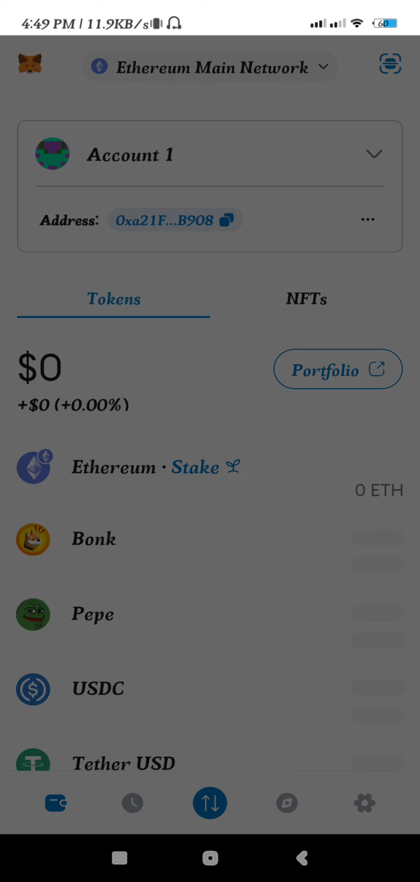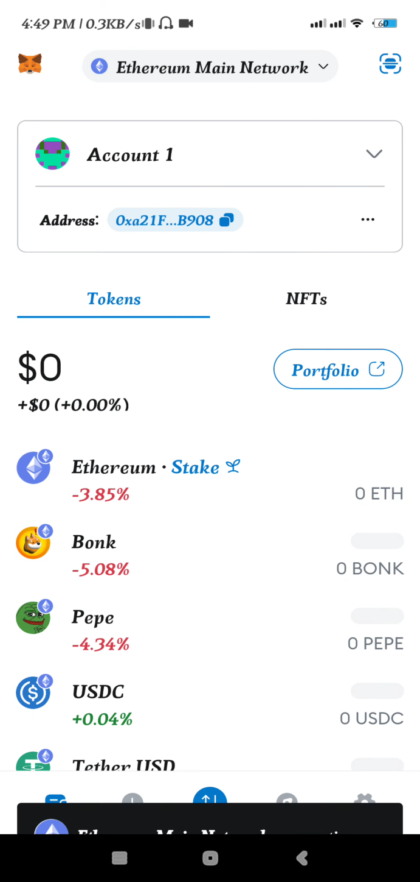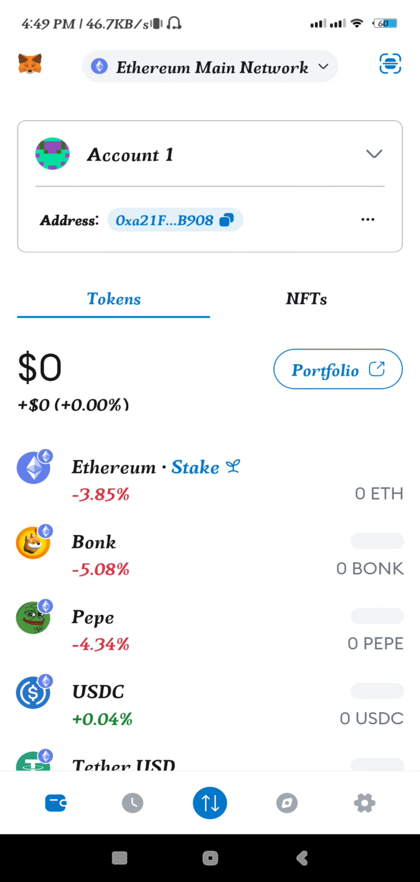Hi everyone, in this video I will show you how to buy BNB on Metamask without Binance. So basically what "without Binance" means is you will be able to buy BNB directly on Metamask without transferring it from your Binance account. So in order to do it, you first need to launch your Metamask application,